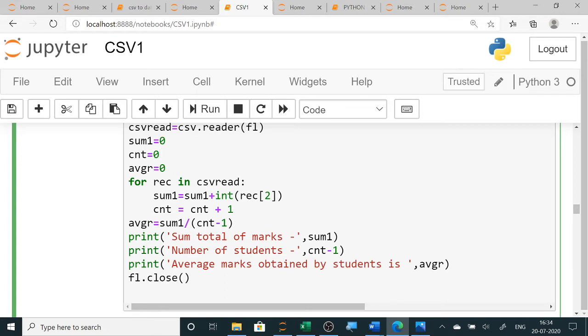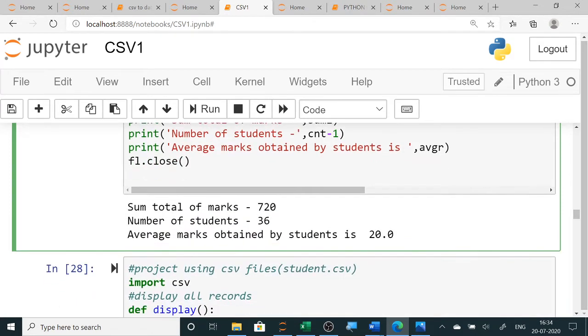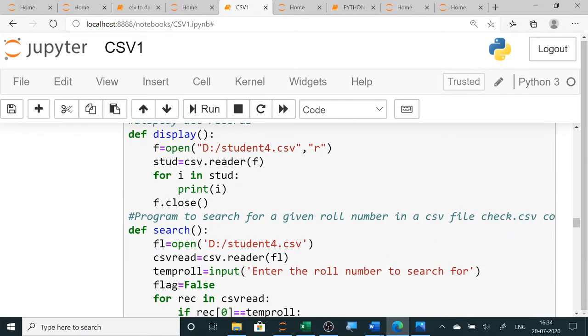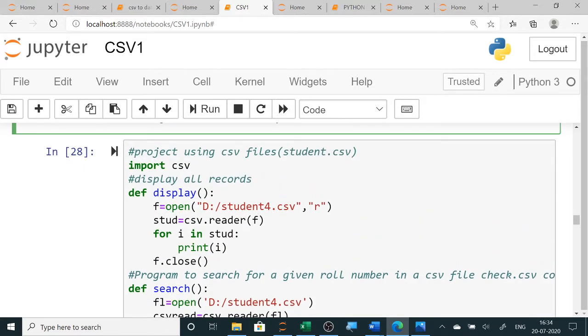Now it will display the sum, the count, the total number of students, and the average. Clear? So you can see here that the sum is this much, the total number of students is this much, and the average is this much.